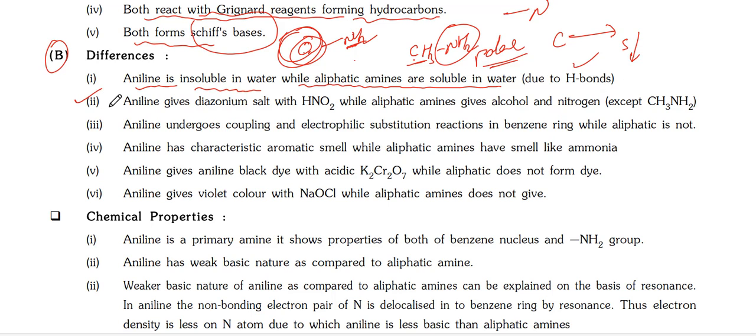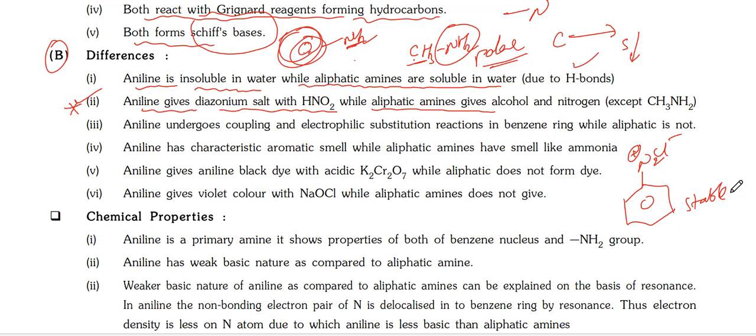Okay. Next, aniline gives a diazonium salt with HNO2, while aliphatic amines give alcohol. It is very important. It is a distinguishing test also. क्योंकि aromatic compound with resonance, the benzene diazonium chloride formation होता है, N2+Cl-. Okay. ड्यू टू द रेजोनेंस इट इज अ मोर स्टेबल. वही सपोज एलिफैटिक है N2+Cl-, there is no resonance, that's why it is unstable. Okay, unstable, further decomposing and forming alcohols. Okay, this is an important point for distinguishing.